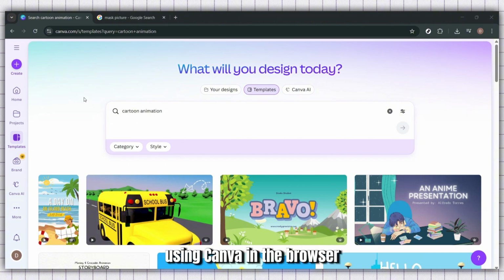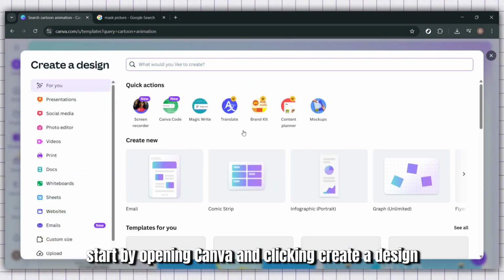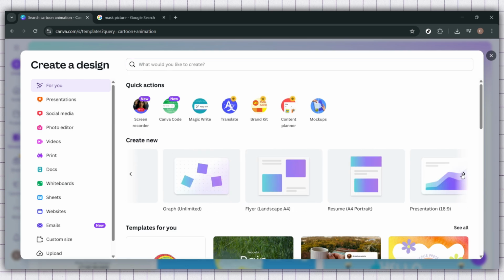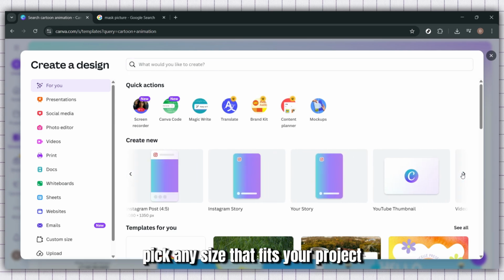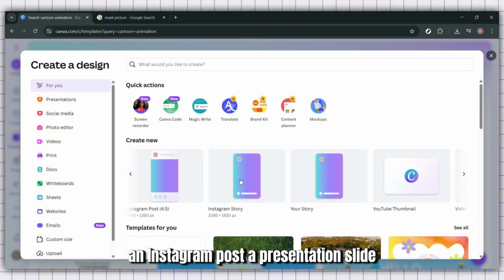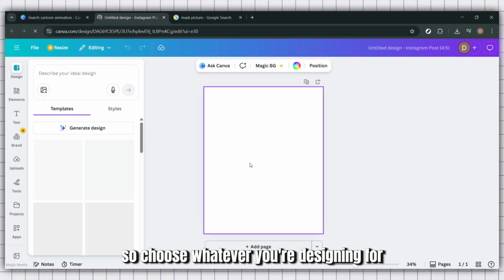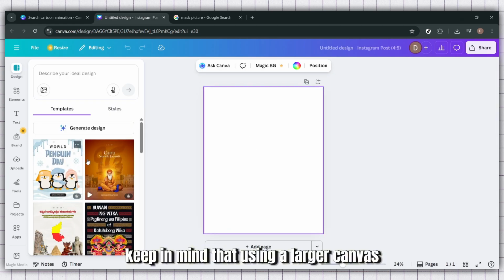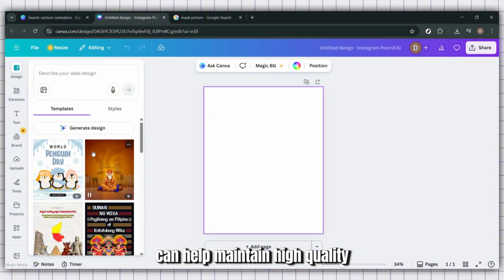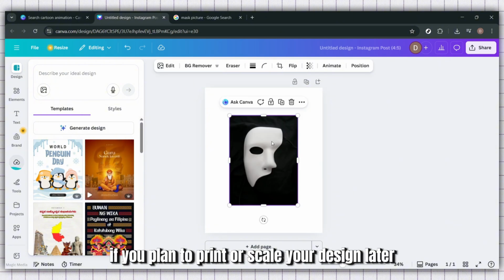Using Canva in the browser, start by opening Canva and clicking Create a Design. Pick any size that fits your project, an Instagram post, a presentation slide, or a custom canvas. The effect works the same on all sizes, so choose whatever you're designing for. Keep in mind that using a larger canvas can help maintain high quality if you plan to print or scale